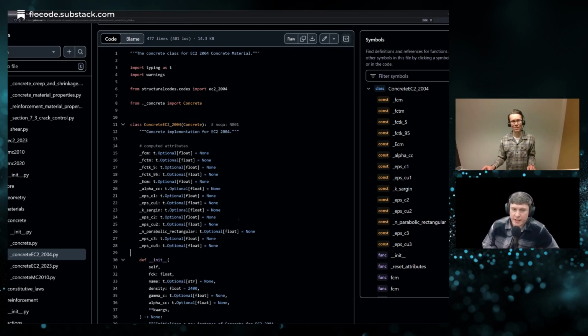So if I define a concrete for ACI 318-19, I will have maybe 6, 7, 8 very specific parameters of that concrete. I enter them in, and then that particular type of concrete, let's say I'm dealing with concrete in a highly corrosive environment that has a slightly different mix design, slightly different properties, I would define that particular type of concrete as a class.